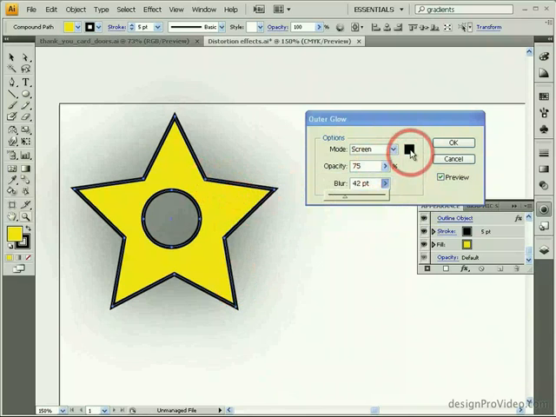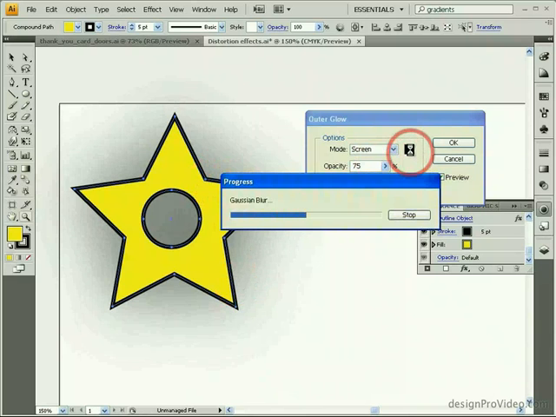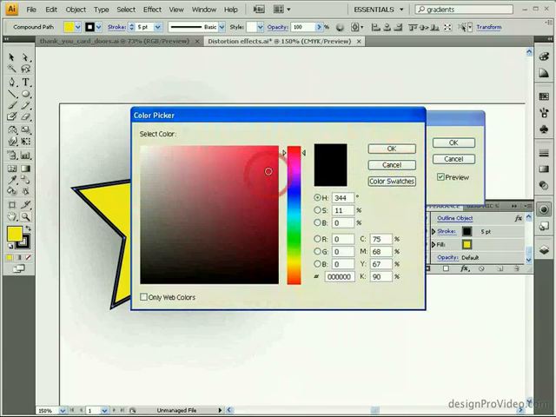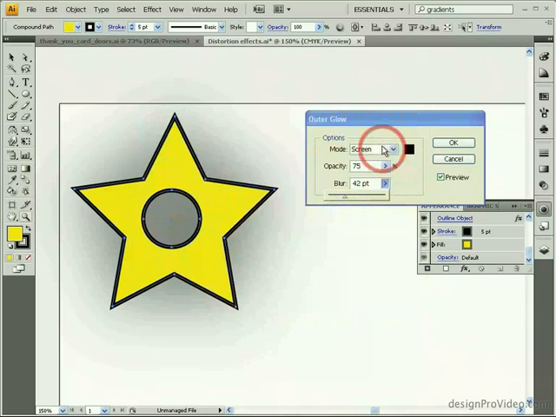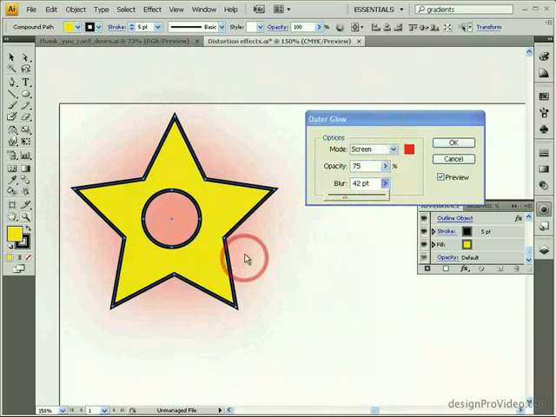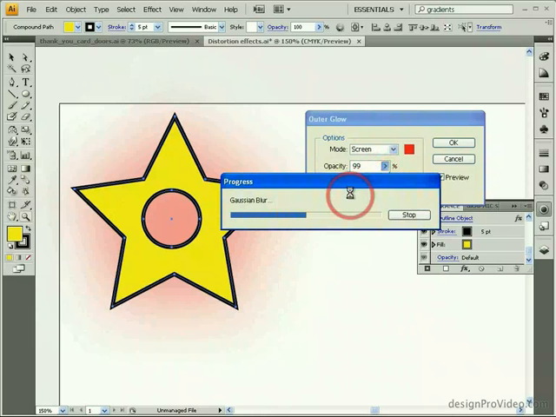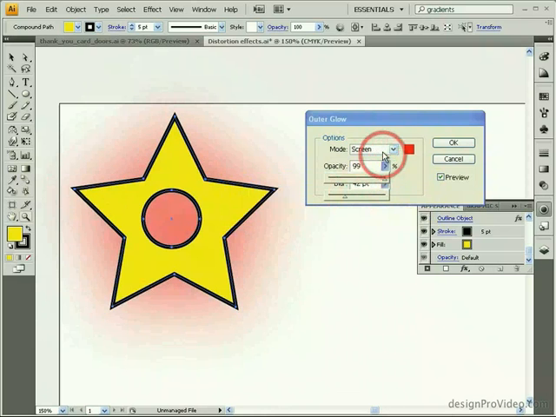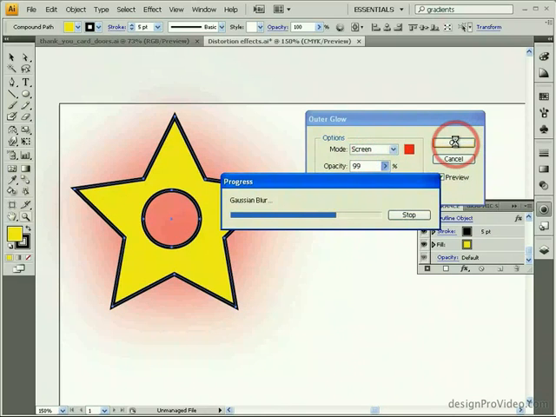You can also set, for this glow type, a color as well. For example, if we change the glow to a red, then you get a soft pink glow around the star. You can also set its opacity and its blending mode. Once you're happy with the settings, you can click the OK button to apply this glow